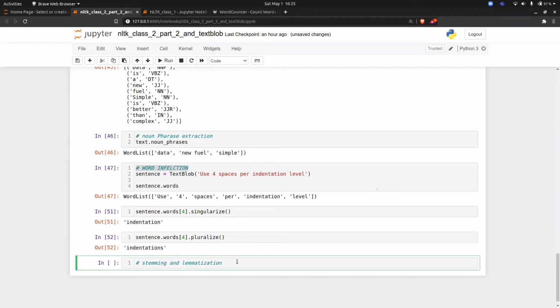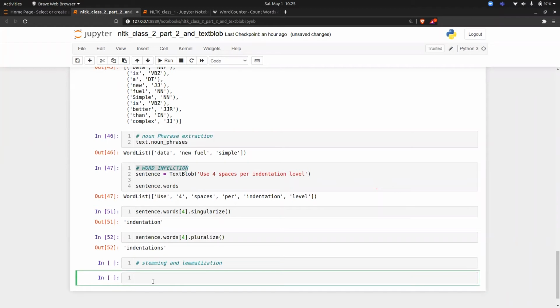Yes. So let's try to do the same thing. Now, sentence and lemmatization work with word, right? Everyone knows. So from textblob import Word.